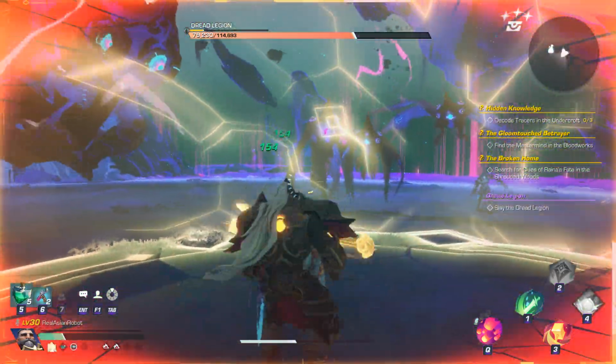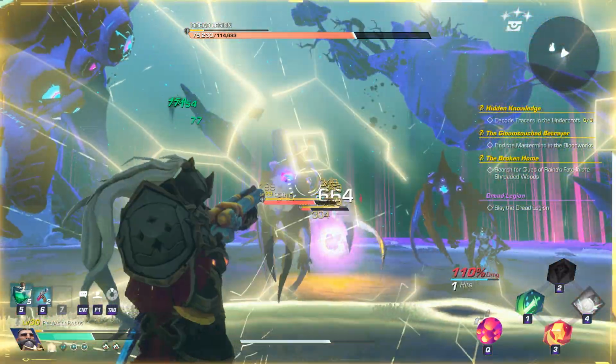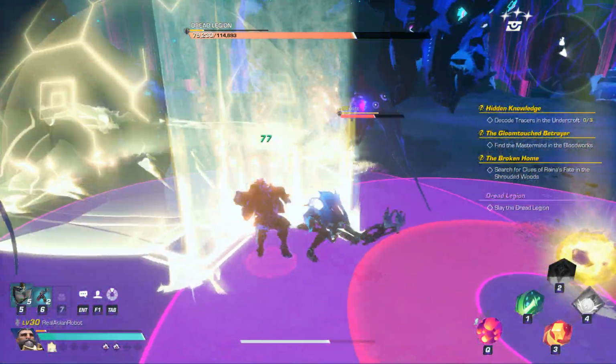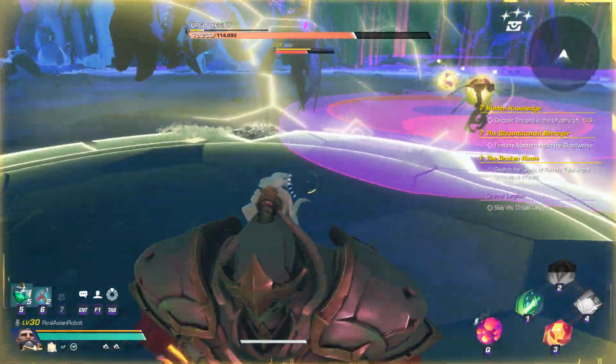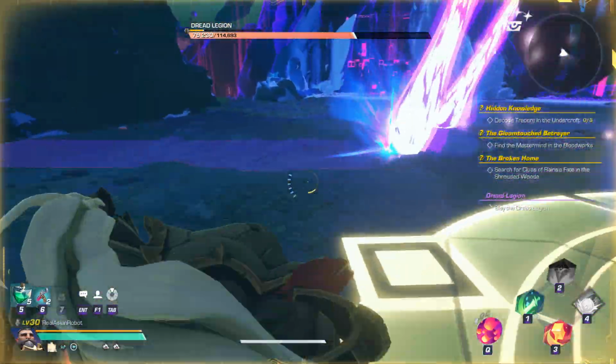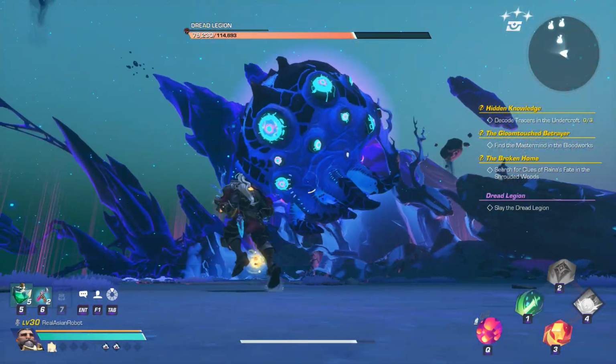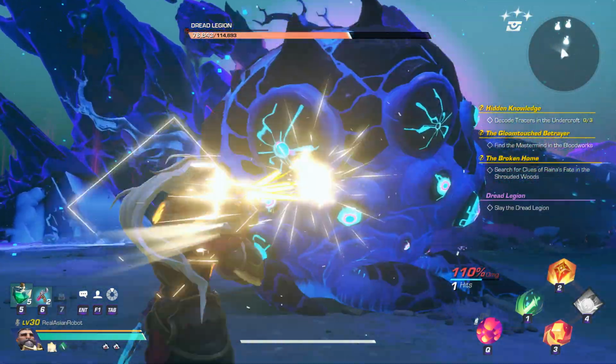If you have to use your ult to heal, assuming you're Windgrave, do so. If you're not Windgrave, use potions. You know, whatever it takes. But basically, this is all you're gonna do. Pass the buck on and run. Once the explosions are all complete,